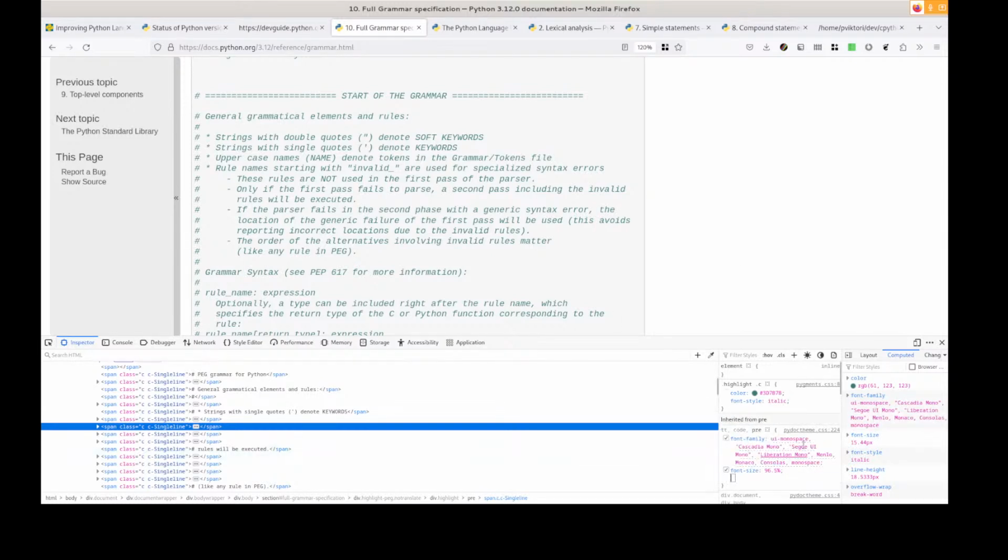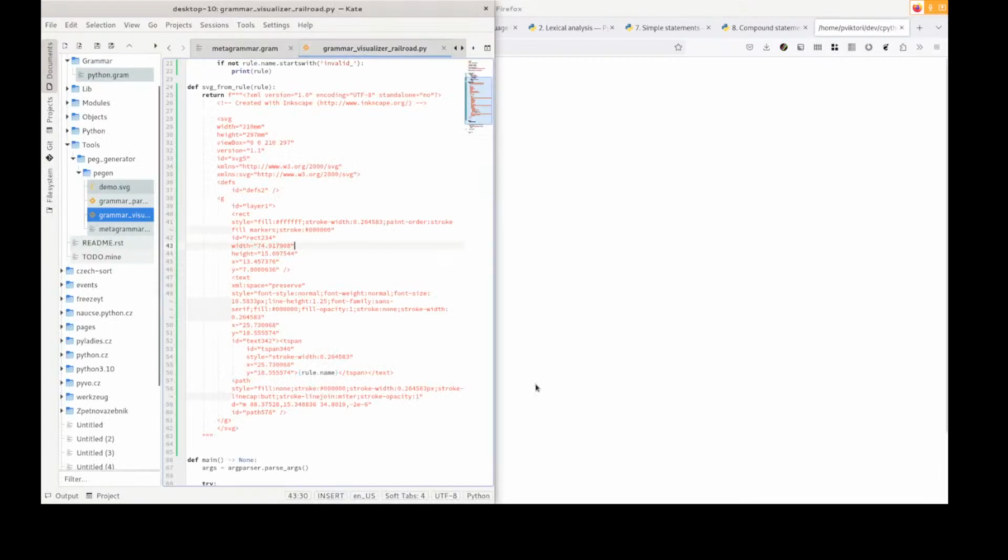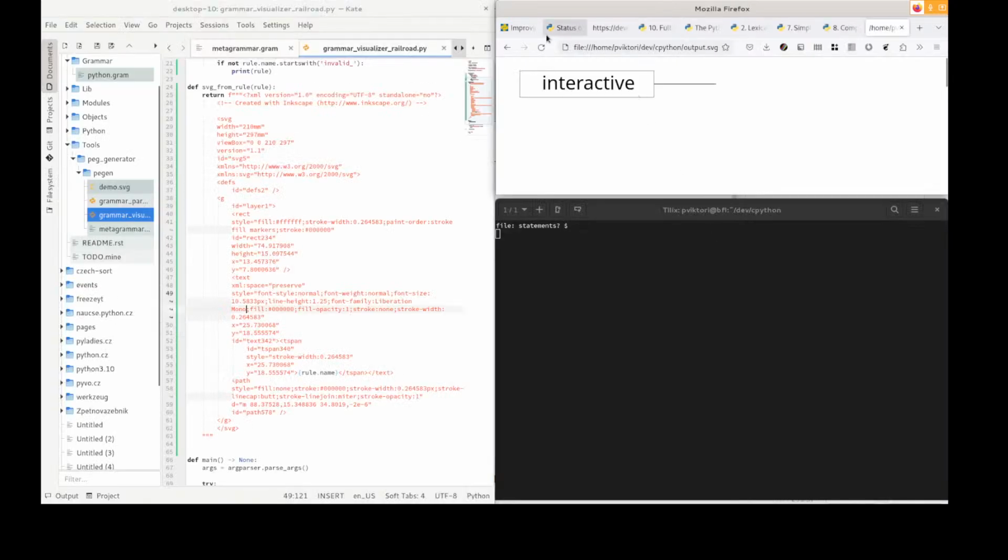So let's see. Cascadia, Mono, Sega, Liberation, Menlo, Monaco, Consolas. I don't know if any of these are on Google Fonts. I probably have this one installed. So let's see if I can use that. So this says font family is sans serif. I change that to this Liberation Mono. Right. And now I have a known font. I have Liberation Mono with a given size, which is 10.5833 pixels. And this will look the same on every computer if you have Liberation Mono either installed or put in the